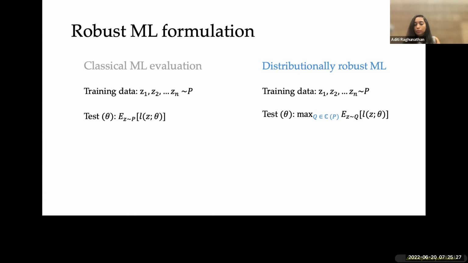Visually, you have this training distribution P, and then you define a set of perturbations across this training distribution. You can have a bunch of different variations of this distribution, and that is all encompassed under C of P. We want to get good performance in the worst case across all possible distributions within this family. That's the idea of robust optimization, which makes a lot of sense because we want to work well across a wide range of distributions. So let's just define that and look at performance in the worst case.